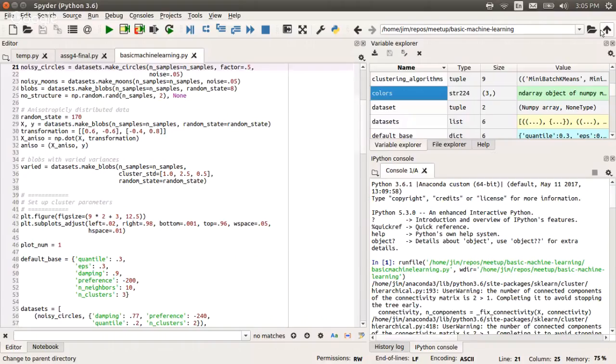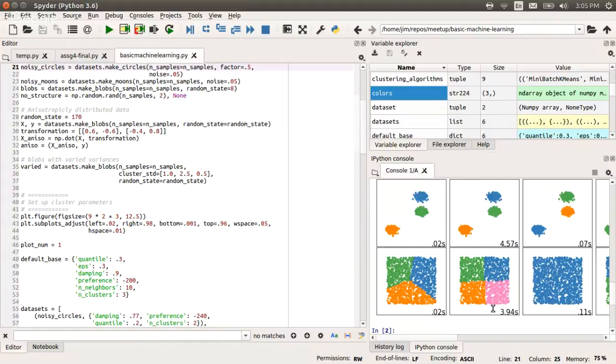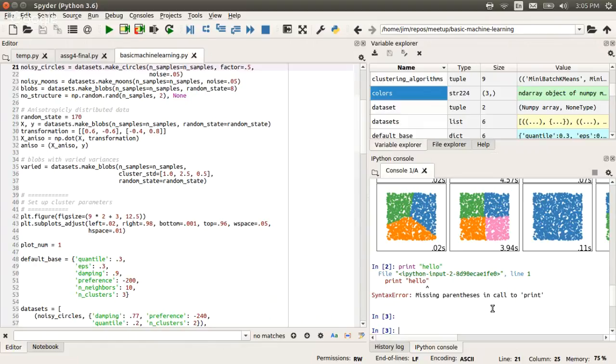If it's the syntax that you're struggling with and just getting it right, Spyder has what's called an IPython console. I've got a bunch of errors in here that I was going to show you. One of the most common things I stumble across is that in Python 2.7 you would just say print hello, right? Well, that doesn't work in Python 3.